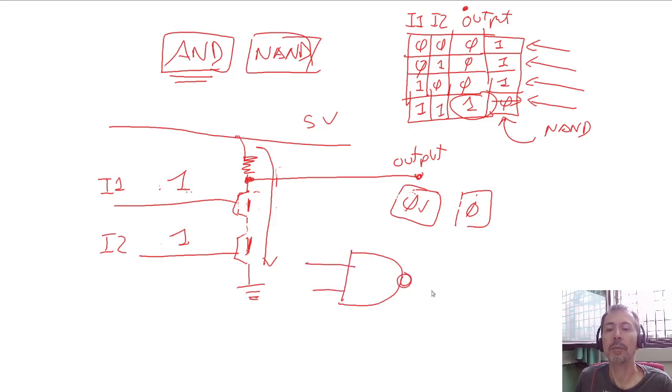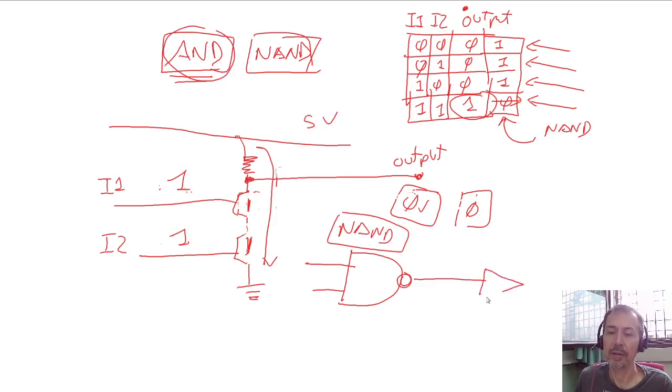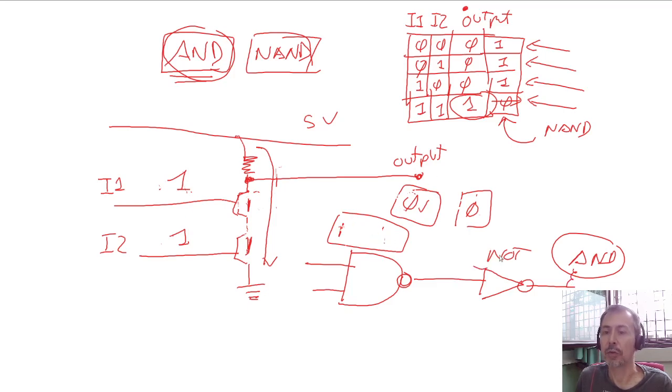This is one input, and the output. This will be a NAND gate. And how can we build an AND gate from a NAND gate? Well, we simply add a NOT here, and then we will have an AND output. To add the NOT gate here,